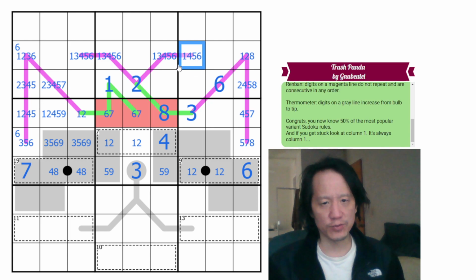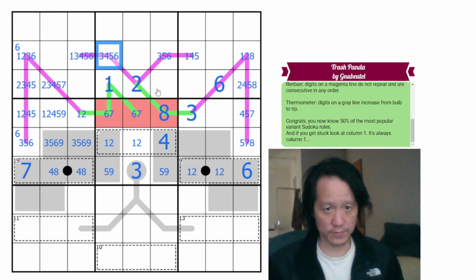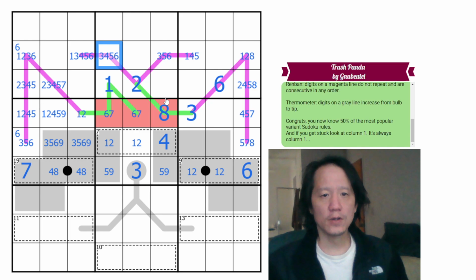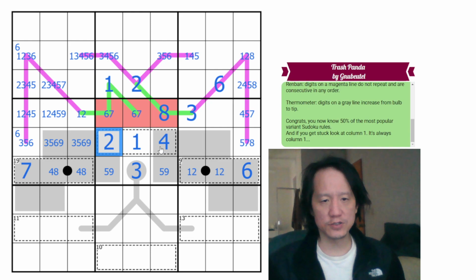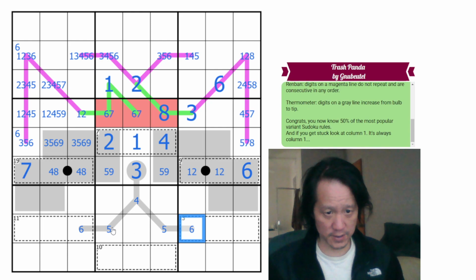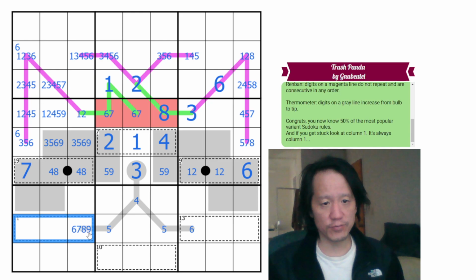This can't be 3. This can't be 4. This can't be 6. Neither of these can be a 1. This can't be 2 anymore, so this is a 1, which makes that a 2. This has to be at least 4, which makes these at least 5, and these at least 6. So this is 6, 7, 8, 9, but in 3-digit cages